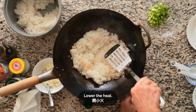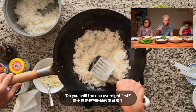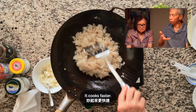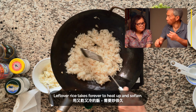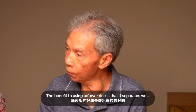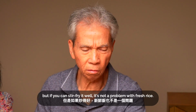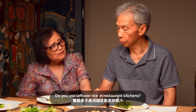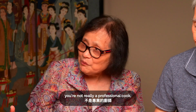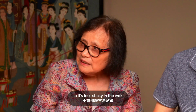Do you chill the rice overnight first? The only difference is if you're not really a professional cook. Overnight rice may be a little bit easier because overnight rice is harder, so it's less sticky on the